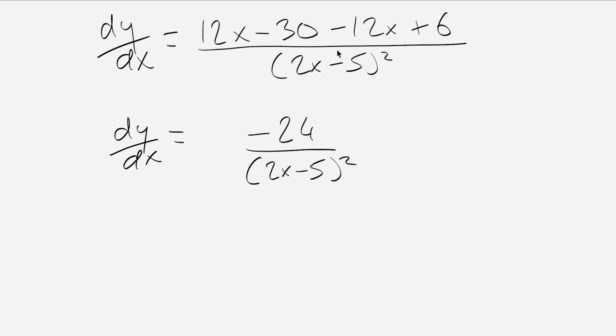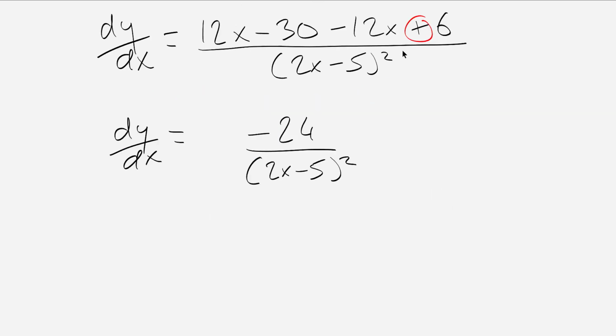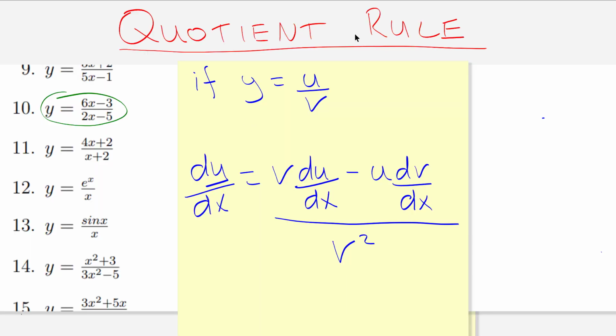And the main thing there was, especially this plus came as a result of the minus multiplied by the minus there. We have to be very careful with that minus by that minus. Minus 3 by 2 gave me that plus 6 there. That's where we have to be very careful. Apart from that, it is a fairly straightforward rule, the quotient rule, to be used when you have one function divided by another. The best thing for you guys to do now is practice these questions, keep an eye on your solutions,